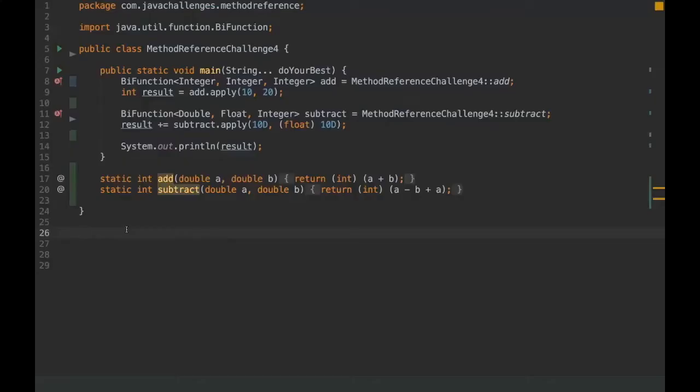So I'm just gonna share my screen with you. Okay, so that's the challenger. We have a BiFunction here, and we have a method reference, and then we are adding some numbers, and we have another BiFunction that receives three generic types: double, float, and integer. And we are using a method reference with the subtract method. And you can see both methods below here. And in the end, we are printing the result. And that's it. I'm gonna give you some time, and then let me know when you're ready to come up